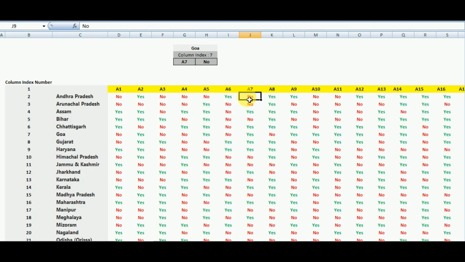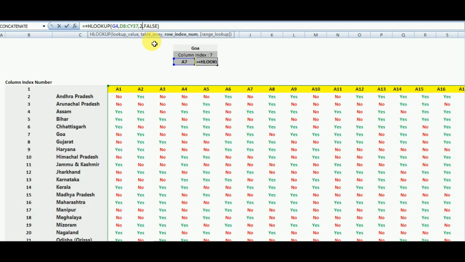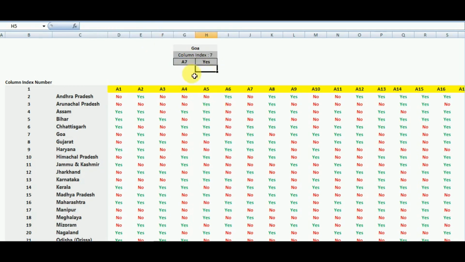Now to apply the HLOOKUP command for Goa, let us first check its row index number. For Goa, the row index number is 7. In the HLOOKUP formula, if we put the row index number 7, the lookup value as the contractor name, and the table in which the data is provided, then you can see that whenever we change the input, we get the desired output.